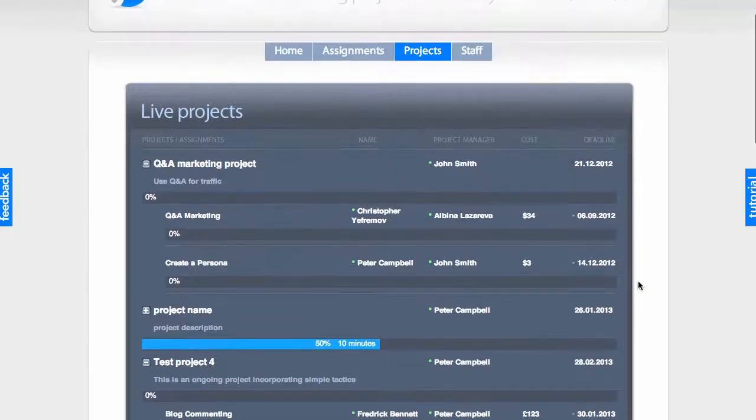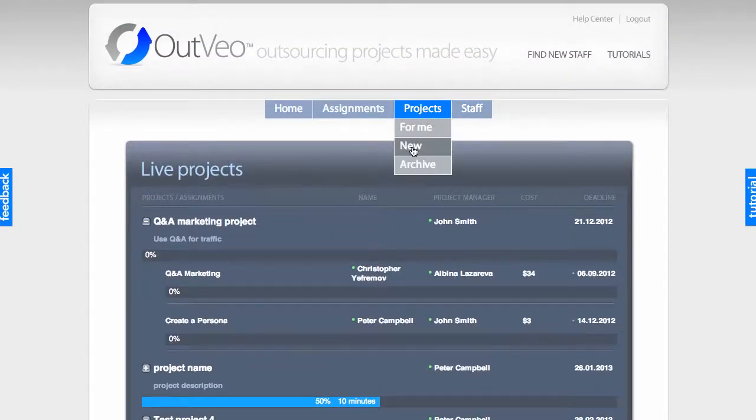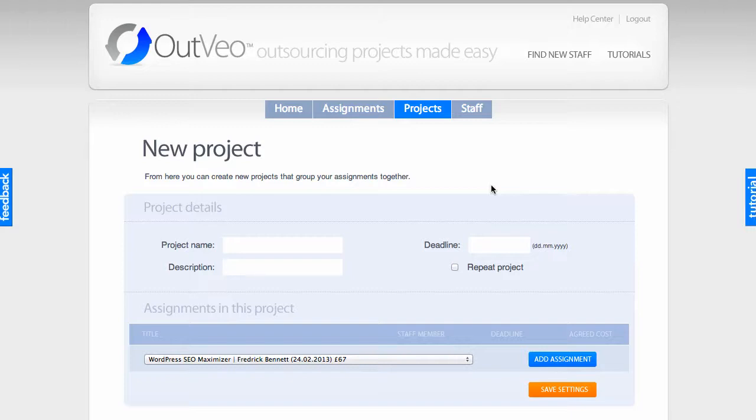Right, let's move forward from here. So we've got projects, new, and that's how you go about creating a new project. It's very simple and very straightforward,